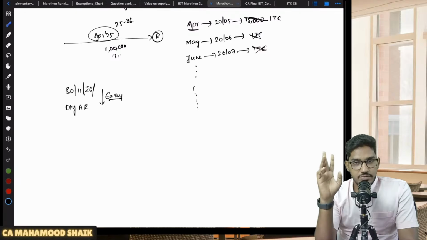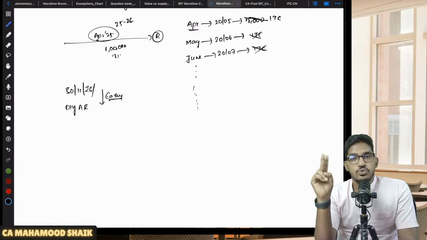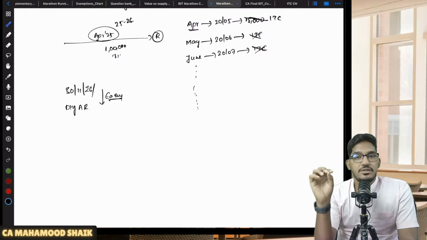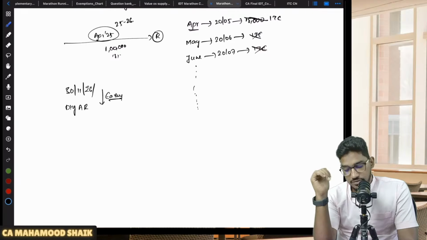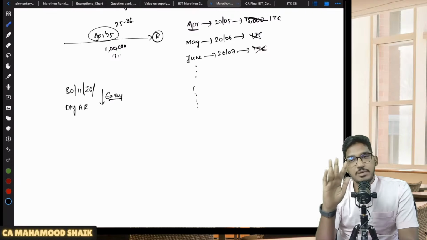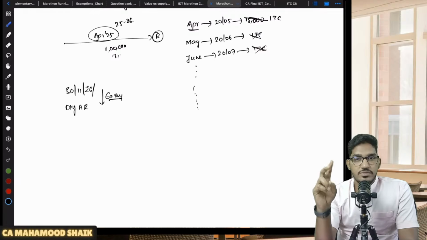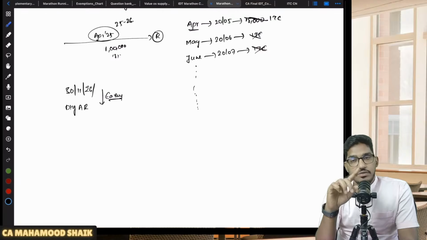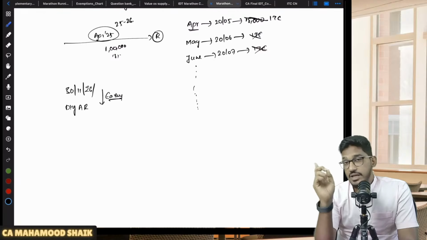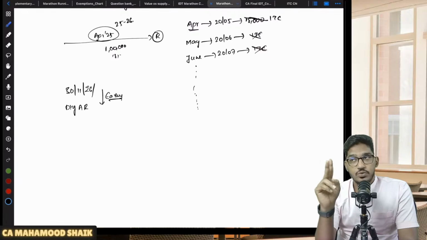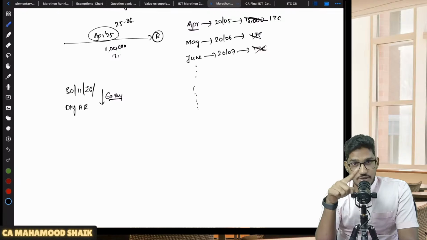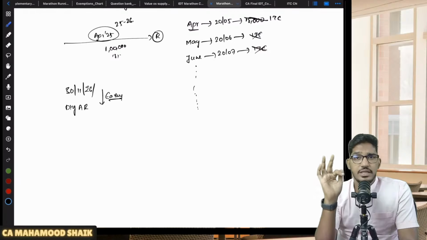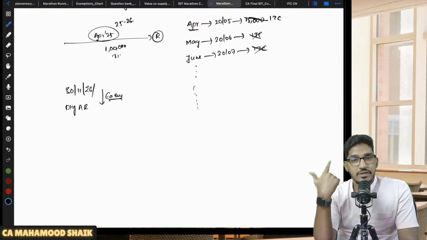I told you about two cases where we will do re-availment of reversed ITC. In those two cases, this time limit will not become applicable. So what are the two cases where there is a possibility of re-availment of reversed ITC? Number one, in case the supplier has not filed his GSTR 3B, then first you will reverse it. Thereafter, if the supplier has filed his GSTR 3B, you can re-avail. Number two, if the recipient did not make the payment within 180 days to the supplier, you are required to reverse. Thereafter, if you are making the payment, then you can re-avail. So these two are the circumstances where you can do the re-availment of reversed ITC.